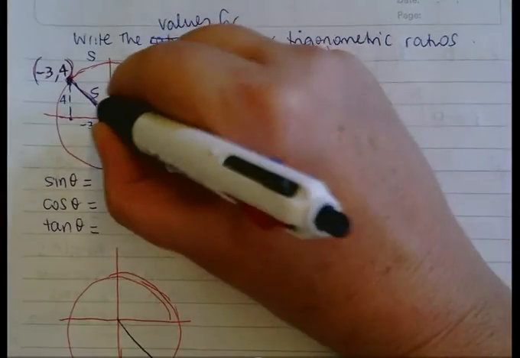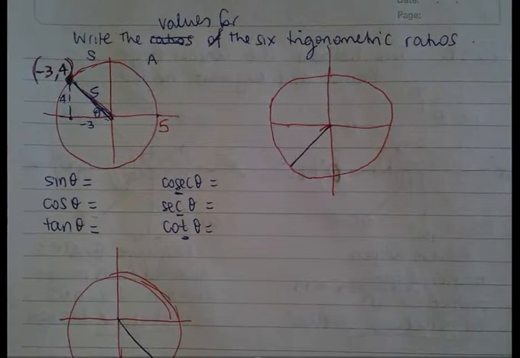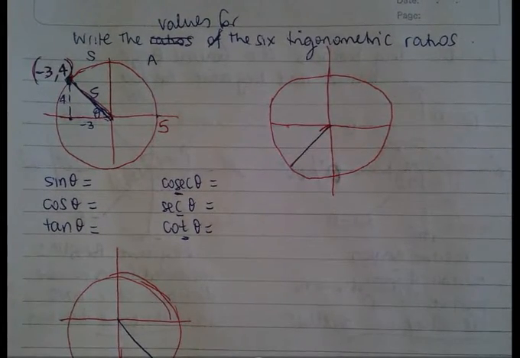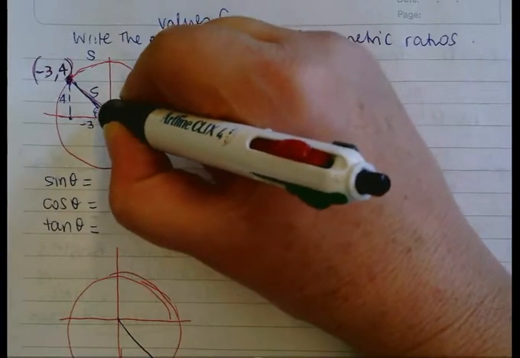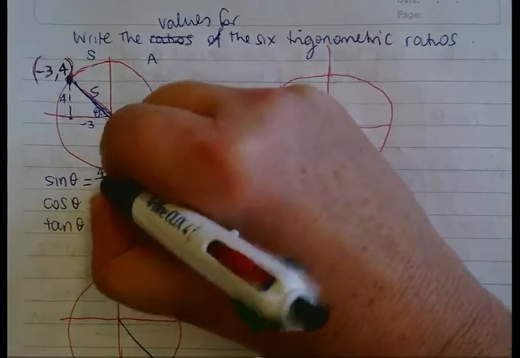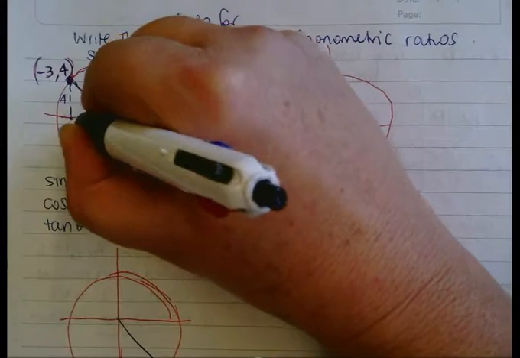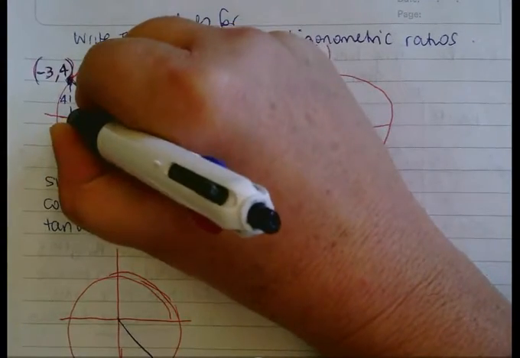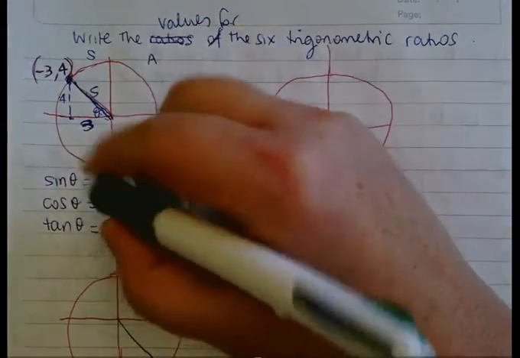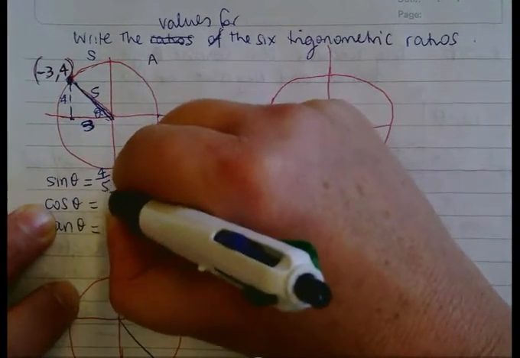All right. So here's my theta. What's sine theta here? Anyone? You don't have to work out theta. I just want the value of the trig ratio. So give me an expression for sine theta. Opposite over hypotenuse, so it's 4 over 5. Good. Cos theta. Look, I know this length here is 3, but this is in the negative direction. Do you get it? So cos theta, yes, it's 3/5, but cos is negative